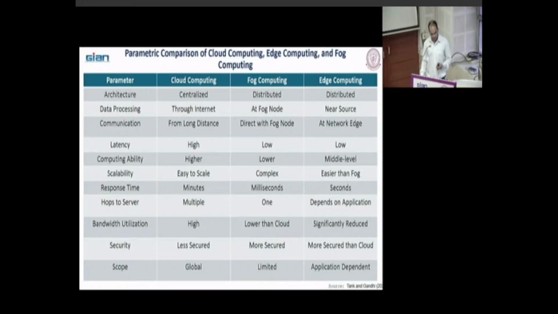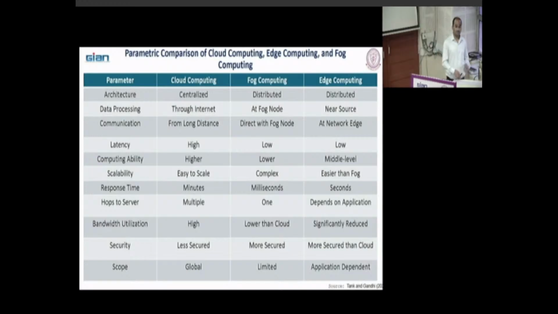Bandwidth utilization: cloud computing high, fog computing lower than cloud, and edge computing significantly reduced. Security: cloud computing less secured, fog computing more secured than cloud. Scope: cloud computing you can use globally, storing data from any source anywhere. Fog limited, and edge computing application dependent, whether you are using it in a driverless car or some other application.